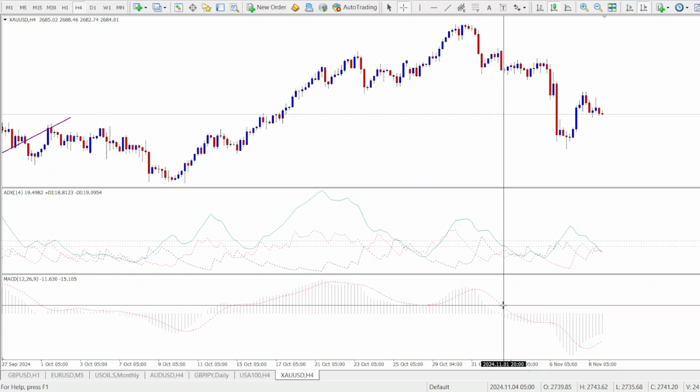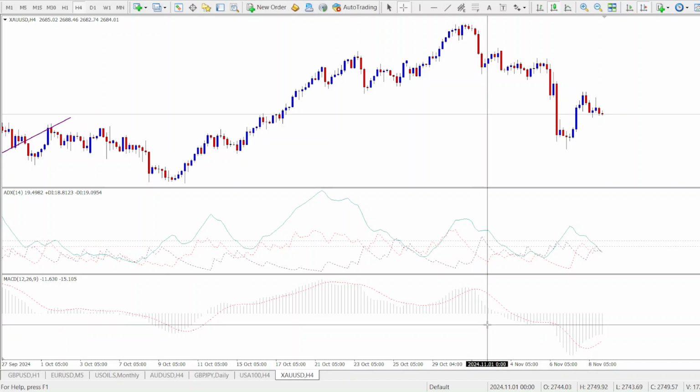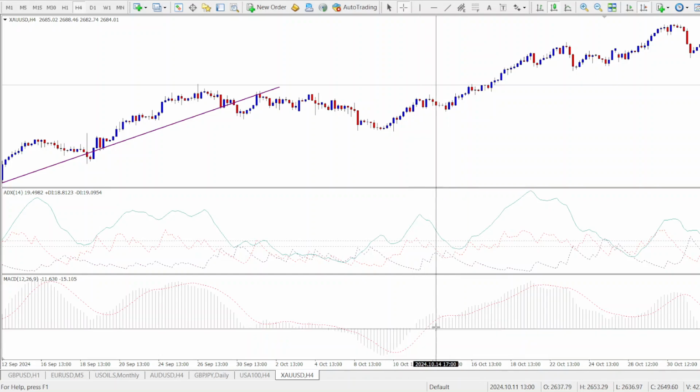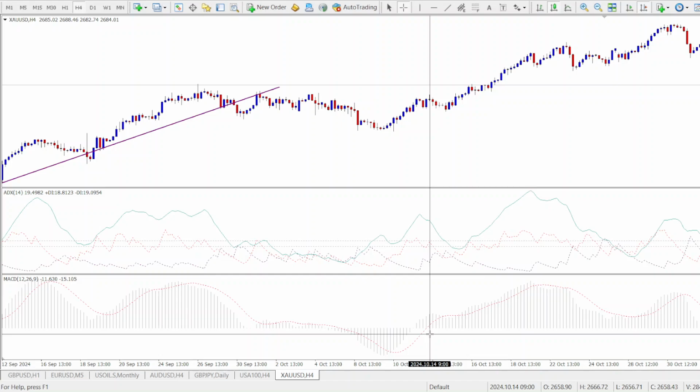Remember that the MACD line crossing below the zero line gives a sell signal, or signals a bearish move, while the MACD line crossing above the zero line signals a bullish move. Okay. Now,